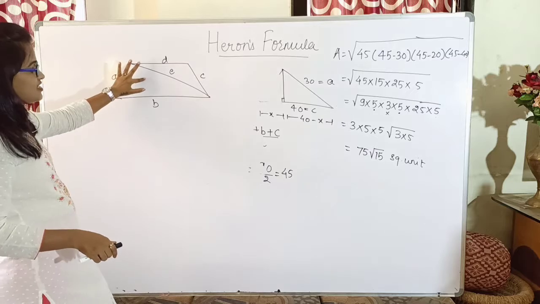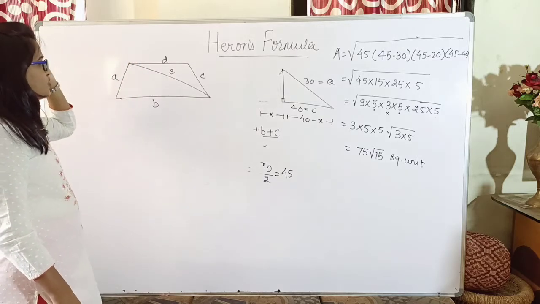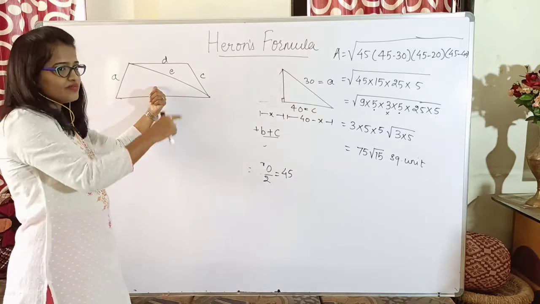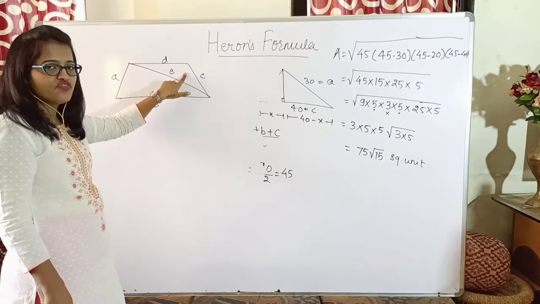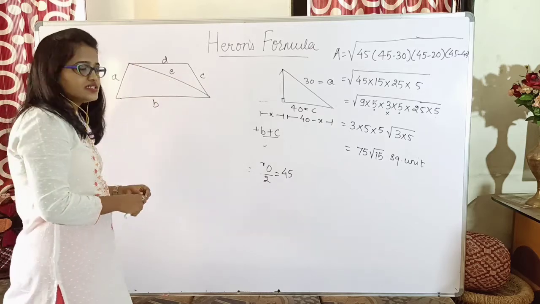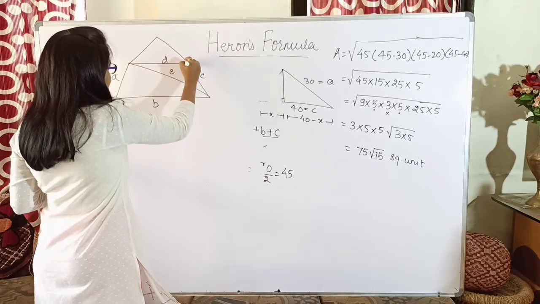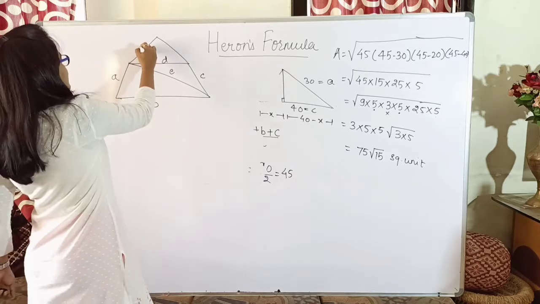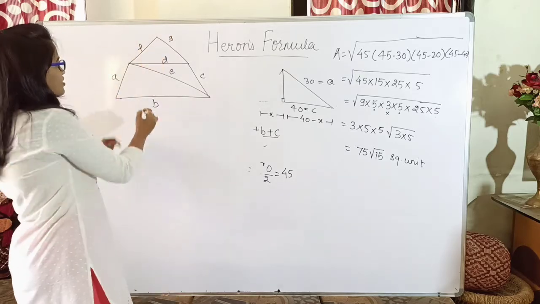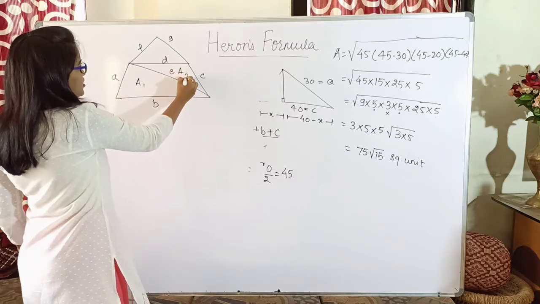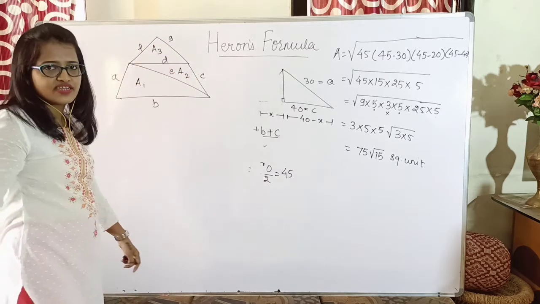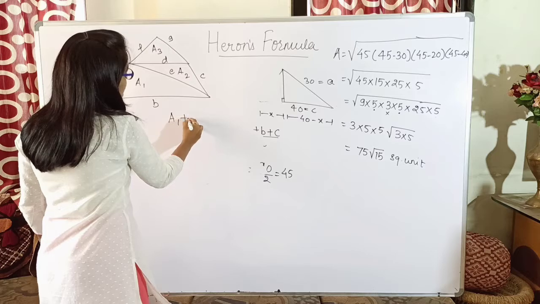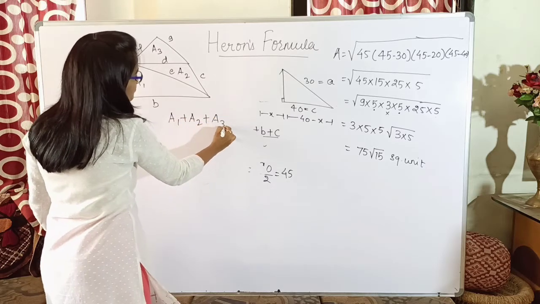So here also in this trapezium, if I don't know the perpendicular height, but if I know the length of the diagonal, first of all I can find the area of this triangle again by the same Heron's formula. Then I will find the area of this triangle and then I will add them. Yes, what if I add one more triangle to it? Yes, provided I know the length of these sides also, so A, B, C, D, E, F and G. I have already calculated, suppose this is area 1, this is area 2, and also I can find the area of third triangle which is lying above it, and to find the area of this complete polygon it will be A1 plus A2 plus A3, isn't it?